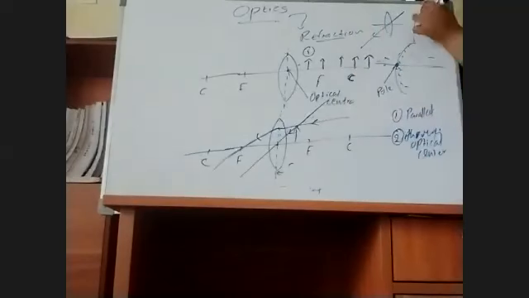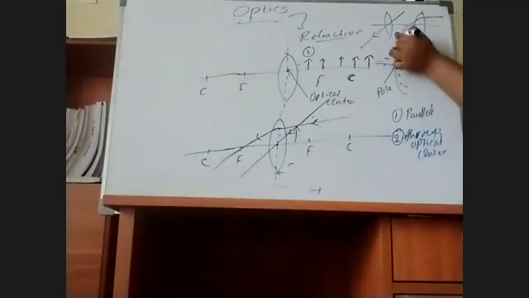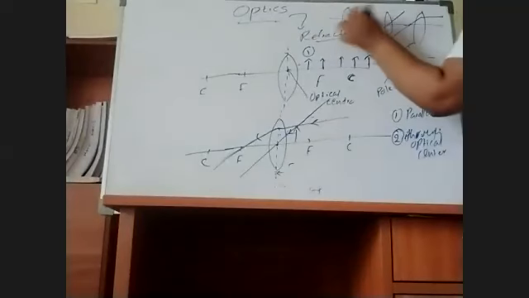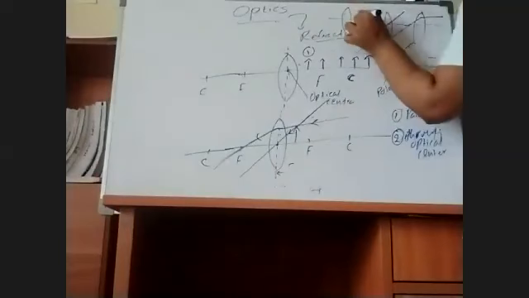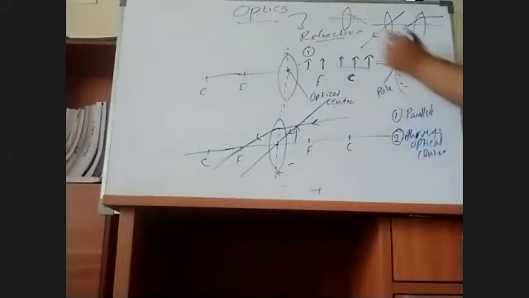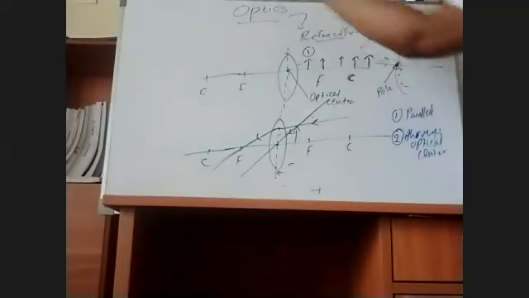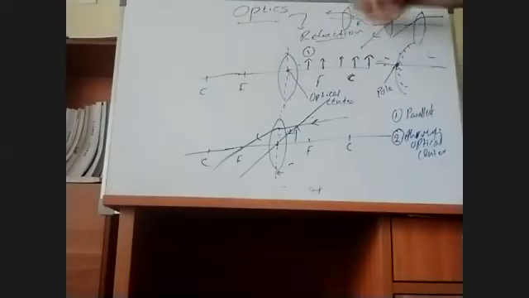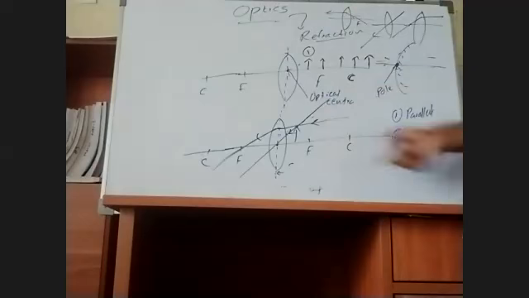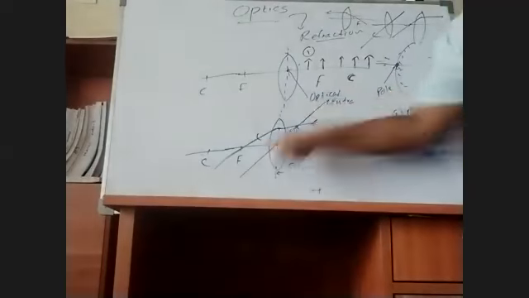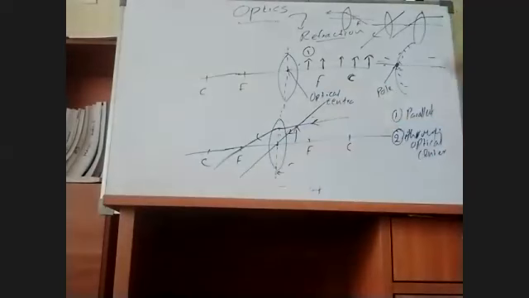We know that if a ray pass parallel to the principal axis, it will pass through the focal length. If a ray pass through the focal point, it will refract parallel to the principal axis according to the lens principles. Okay, so this second ray is through the optical center, so that it will move without any refraction.